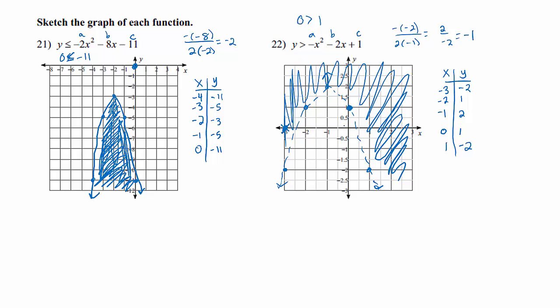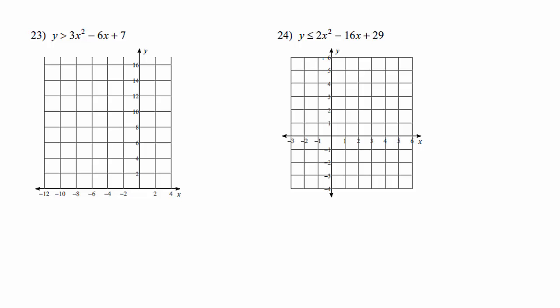At this point, you might try pausing the video and doing this on your own to see if you can get it. We get negative 6 over 2 times 3, which is 6 over 6, which is 1. And that gives us 0, negative 1, 2, and 3. So we've got 16, 7,